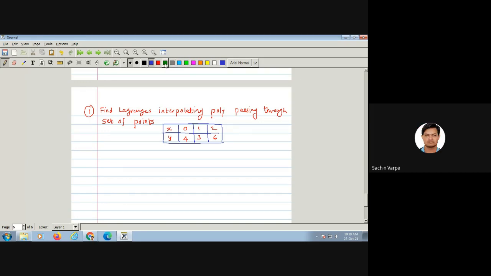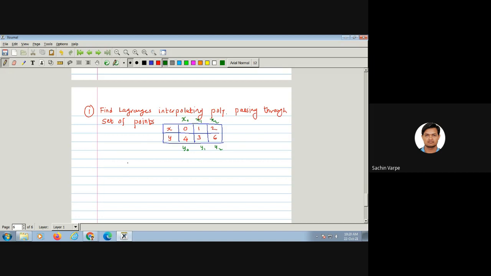So my question is, how many set of points are given here? Three. 3 points, right? So this is x naught, suppose this is x1, this is x2, and corresponding y naught, y1, y2. So x naught, y naught, x1, y1, and x2, y2, 3 set of points we have given. With the help of these 3 set of points, we have been asked to find the Lagrange's interpolating polynomial,